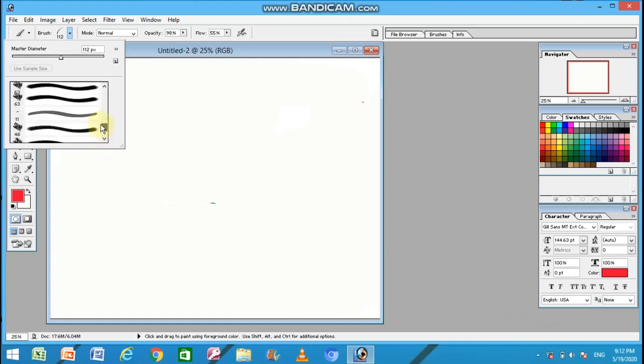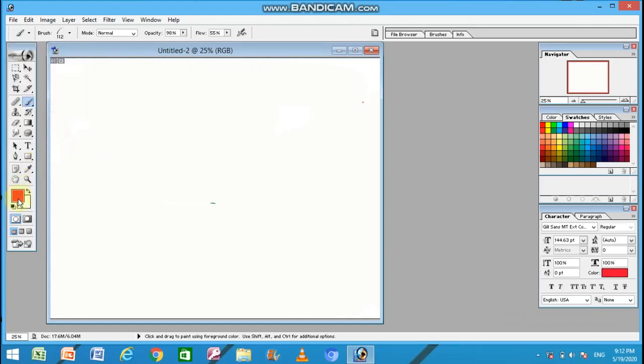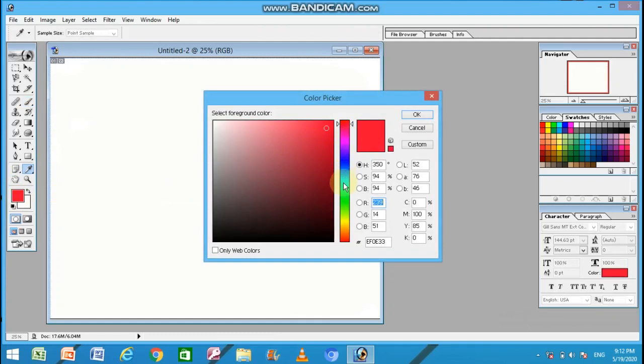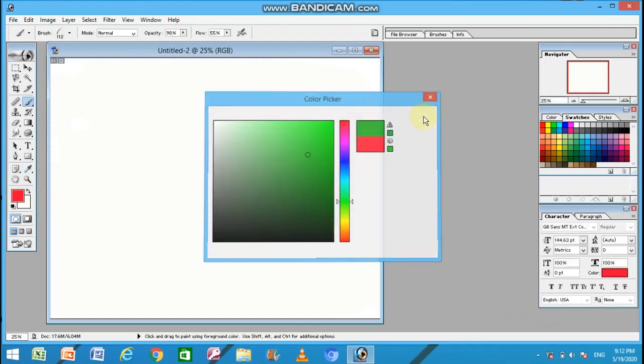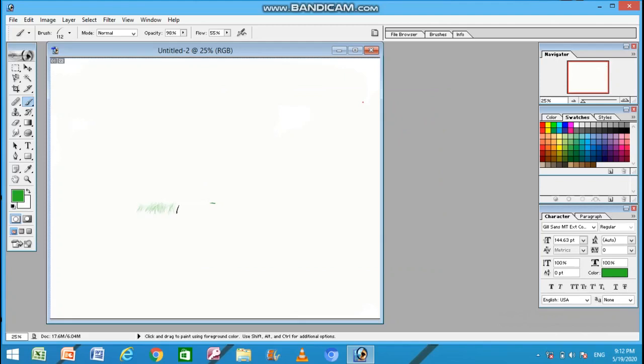It contains many different types of brushes. As I am selecting this grass one, with the color green, now you can see I can draw grasses onto the canvas.